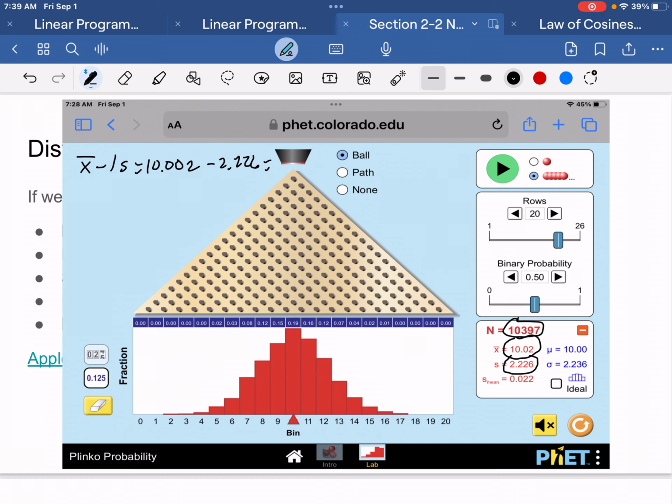All right, 10.02 minus 2.226 is 7.794. Okay. Well, let's see. If I take x bar plus 1 standard deviation, that's 10.02 plus 2.226. Well, that is